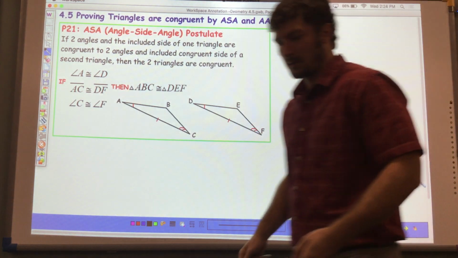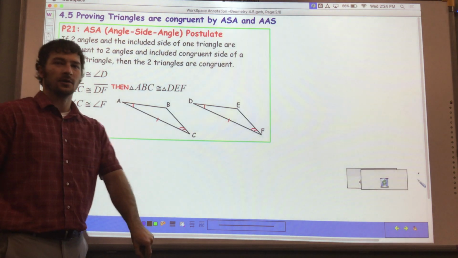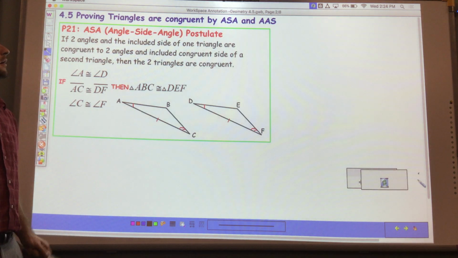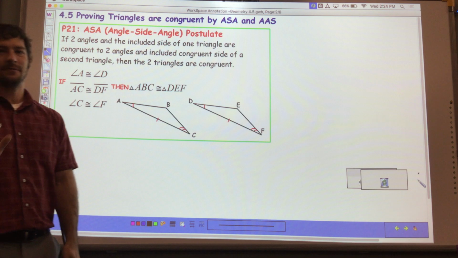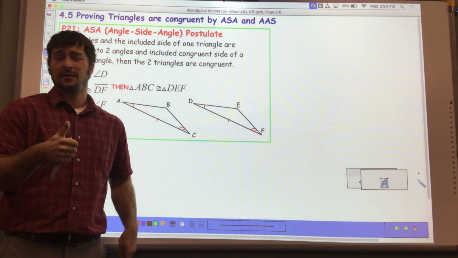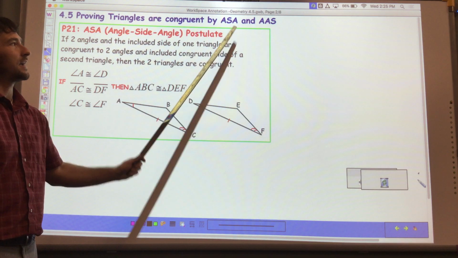All right, moving on to section 4.5 today. There are two more ways we will be showing triangles are congruent. They are angle, side, angle, and angle, angle, side. So this will make it 5 now. We'll have side, side, side, side, angle, side, hypotenuse, leg, and then the two we're adding today, angle, side, angle,